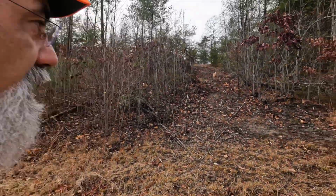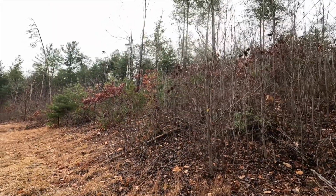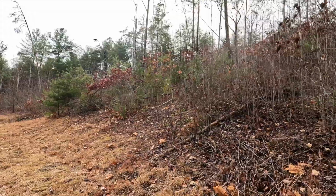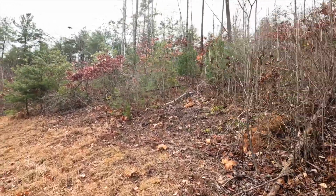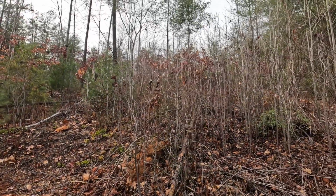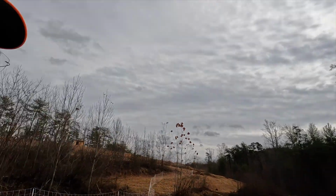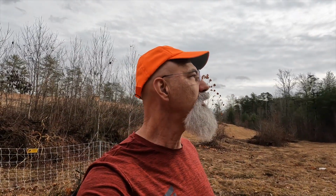And now that I'm here, you can see, this is what I'm talking about. There's a lot of pine. There's some little green viney stuff growing along the ground over here. I don't know if they'll pick at that moss that's on the ground. I have no idea. But I'm interested to see what the difference will be between this side and the side over there next to it that looks almost the same after they've been in here about a month. So I'm gonna give them about a month or two of access to it, and then we'll find, oh, here